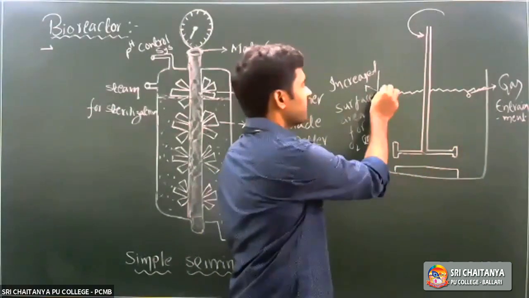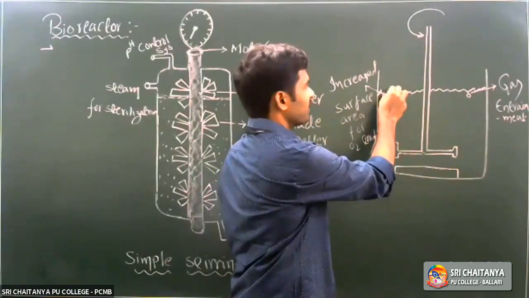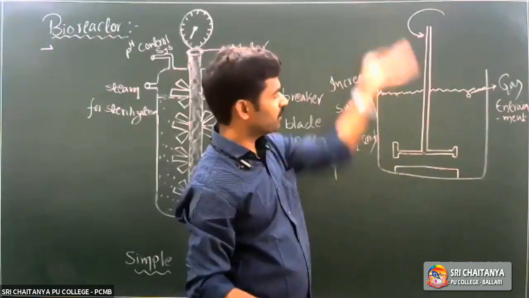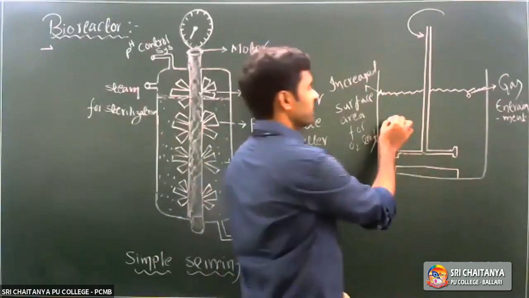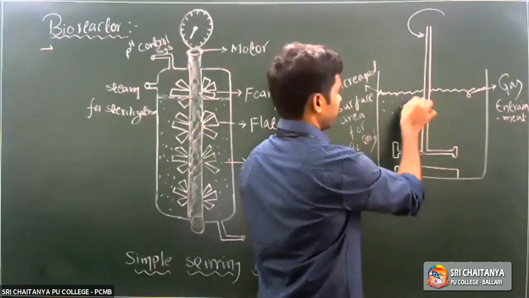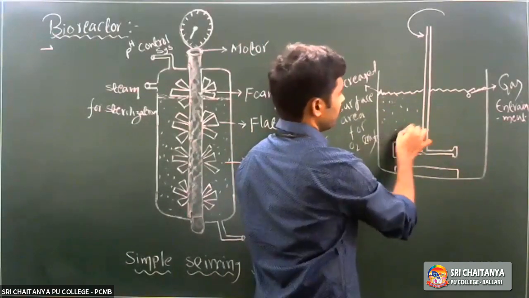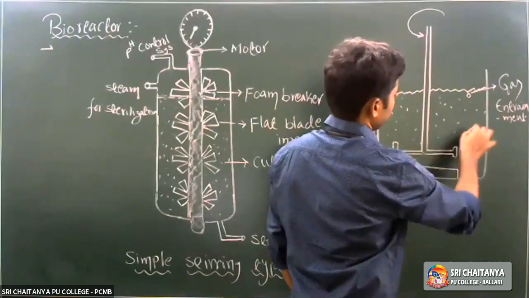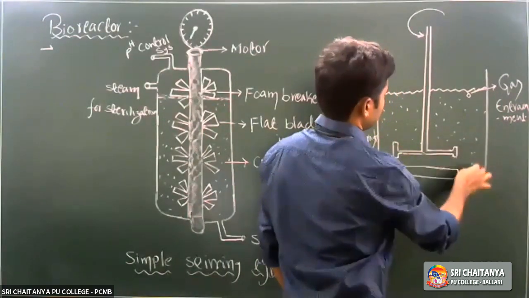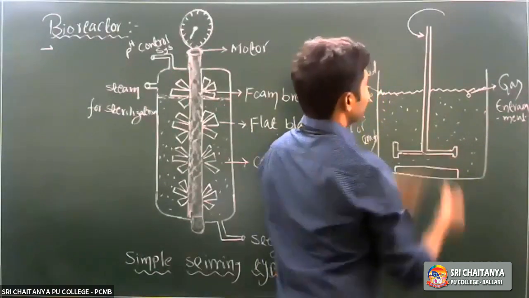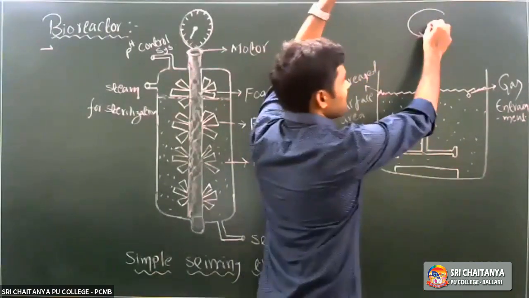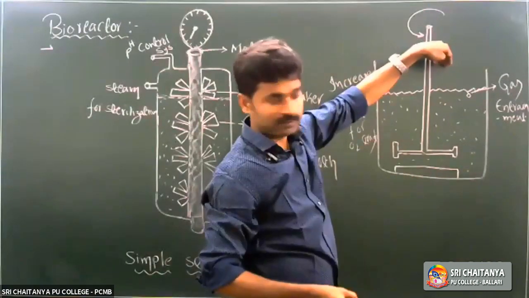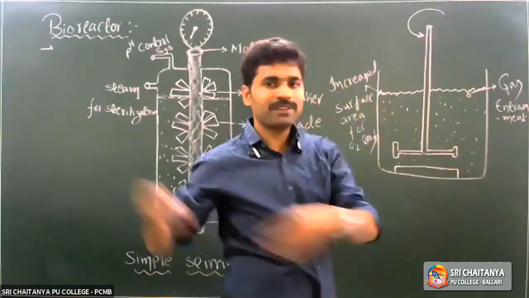And this increased surface area helps in transferring oxygen from the atmosphere to the bioreactor, right? And that too, it is an open type of bioreactor. So this is the raw material, as usual. This is the stirrer actually. That stirrer helps in mixing the reactor contents properly. As usual, the same procedure again.